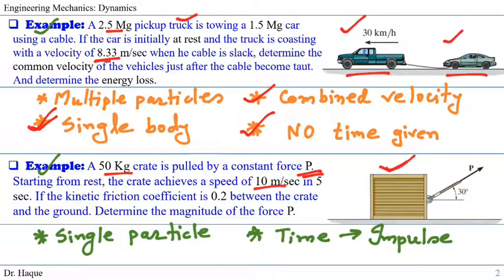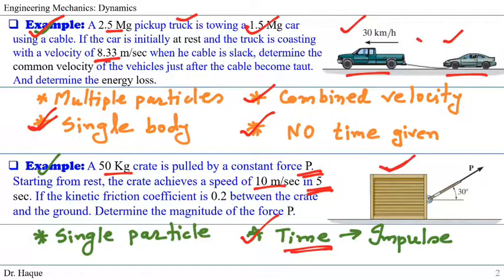And we know that for impulse we need time. So in the previous problem, we had time given as 5 seconds, so we could use that time for impulse, and that is the different thing from this problem. And also we'll see when we start solving our current problem today that there is no impulsive